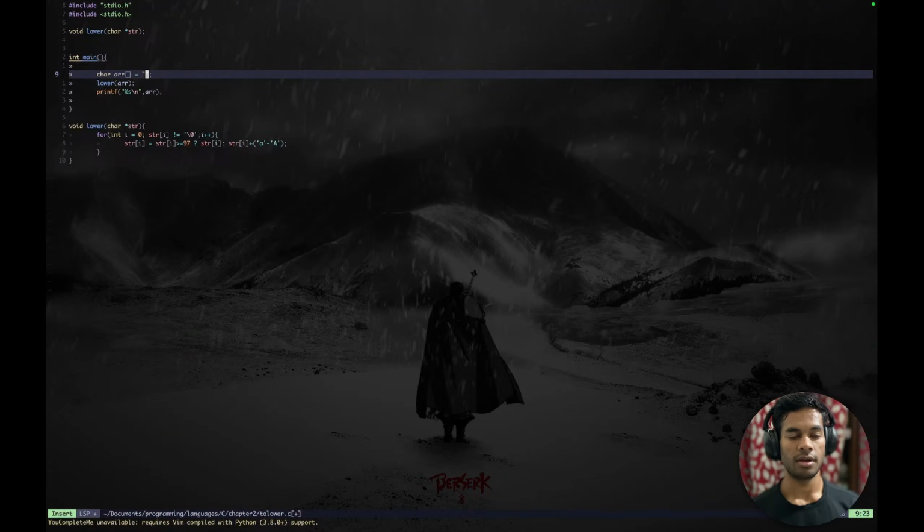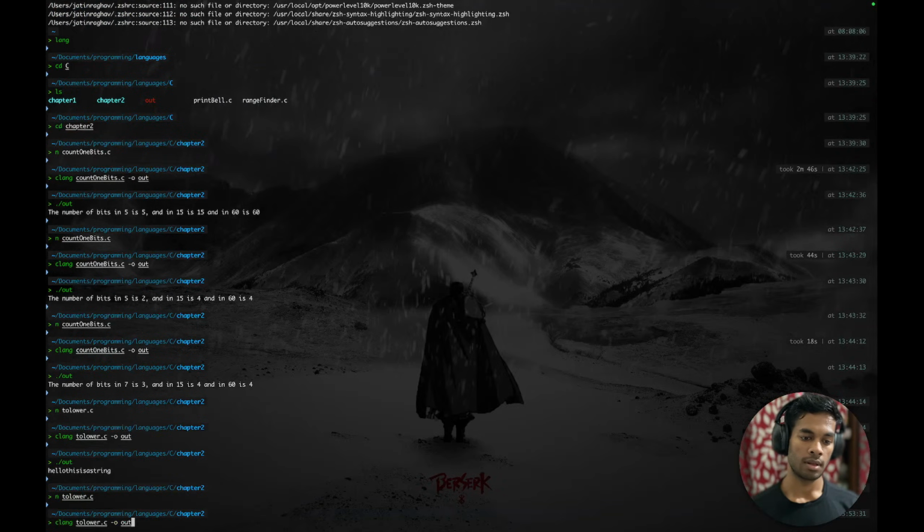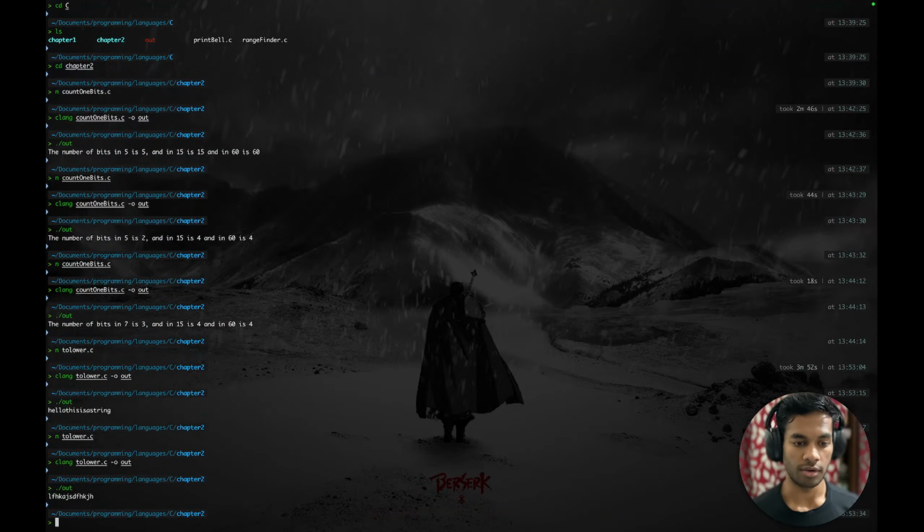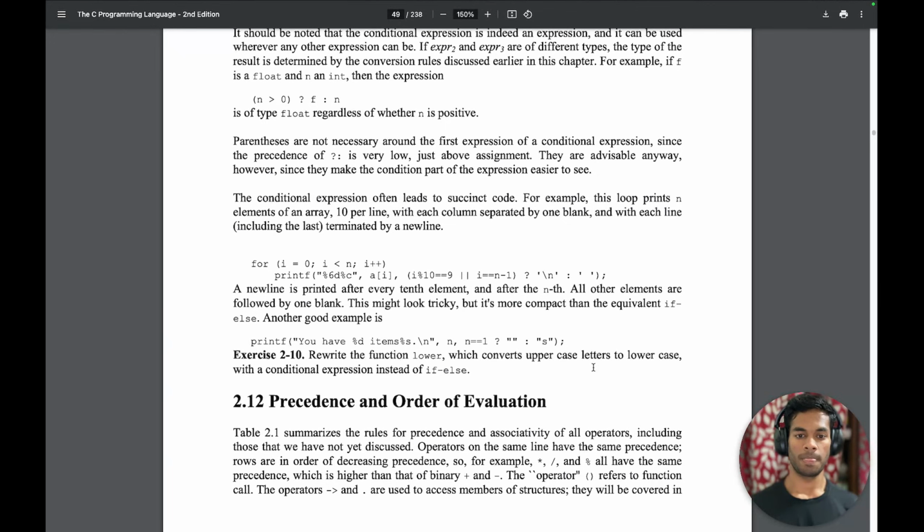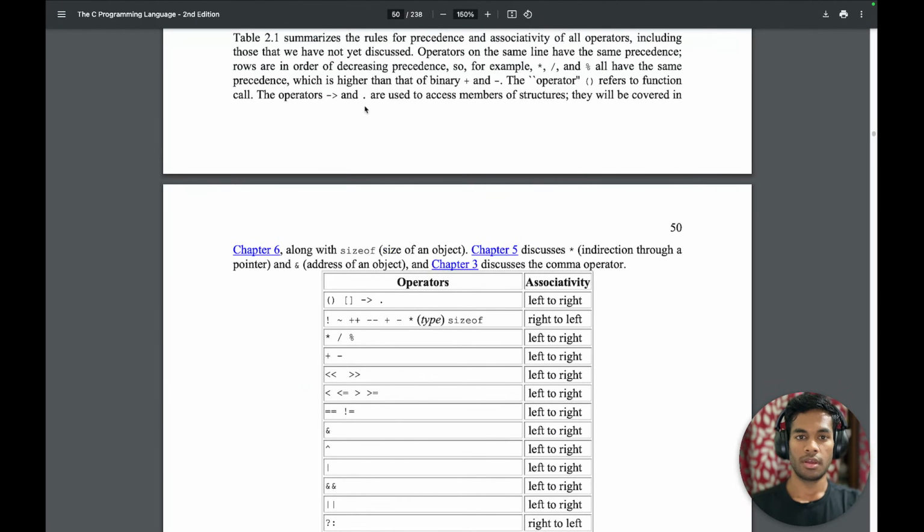What if I write everything in uppercase? Let's see, it should convert it into lowercase, and that it does, as function with. Now,